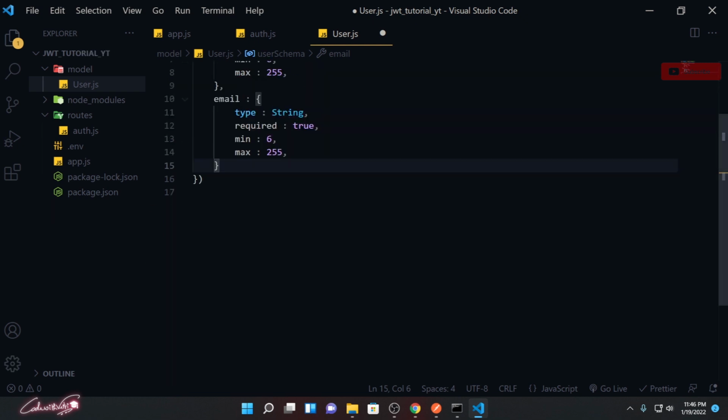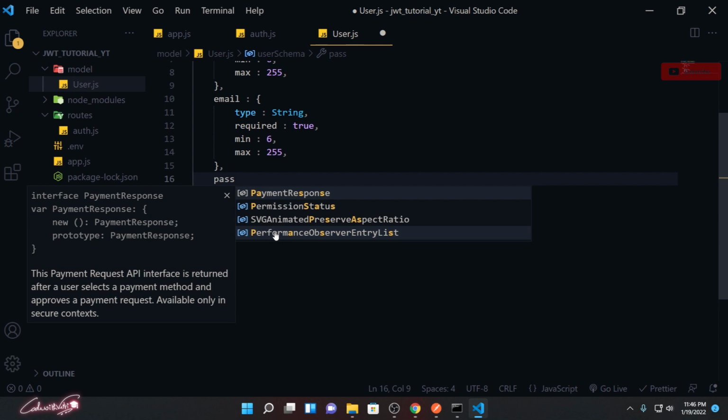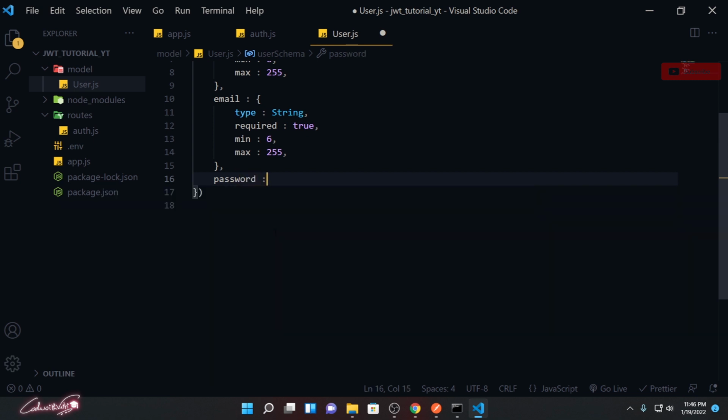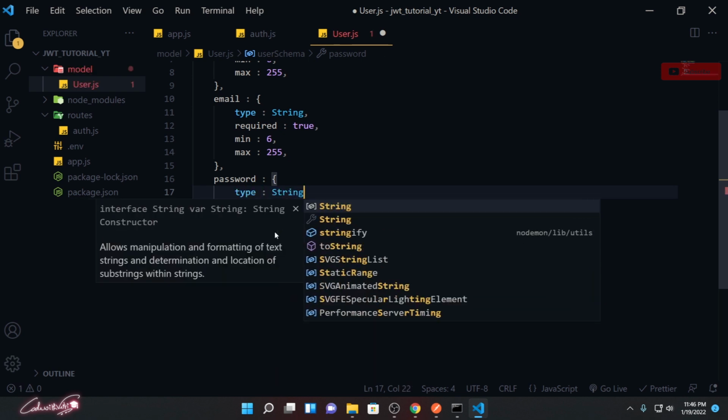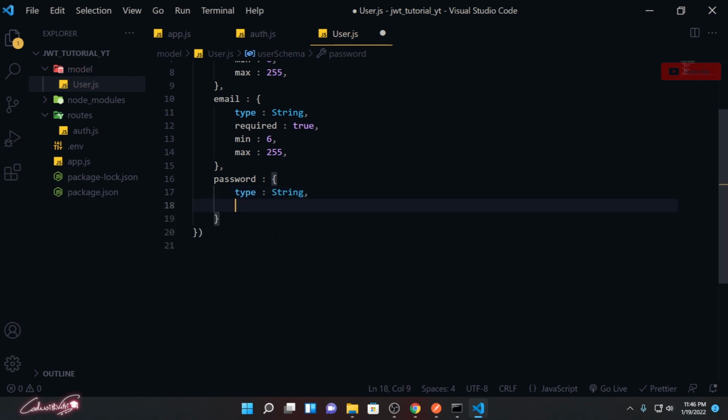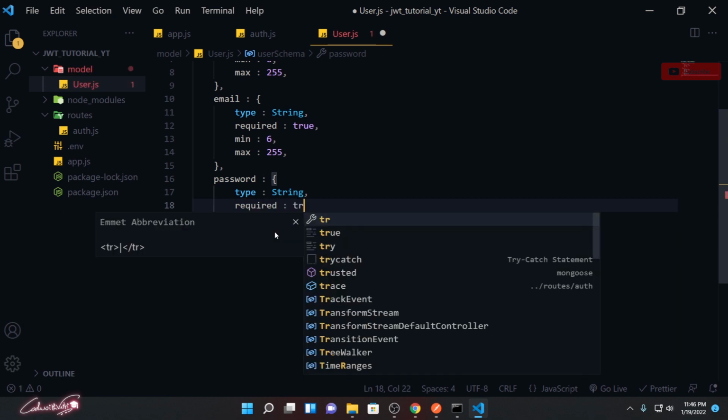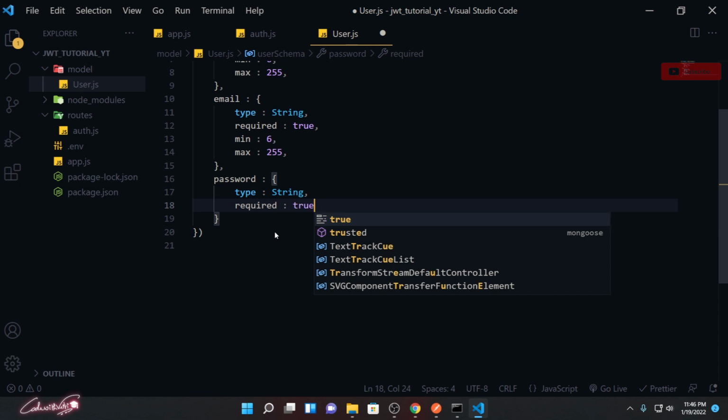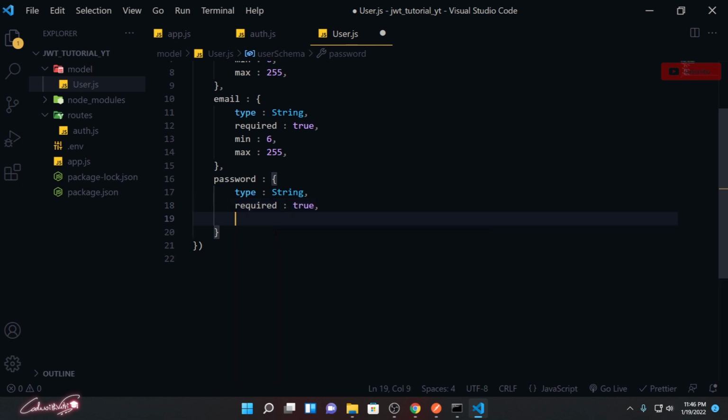Right after here, absolutely we need to get the user password. So password colon, open it, and type of that is going to be string, and required field is going to be true because without password there's no use at all, and minimum absolutely the same, and maximum like 255.